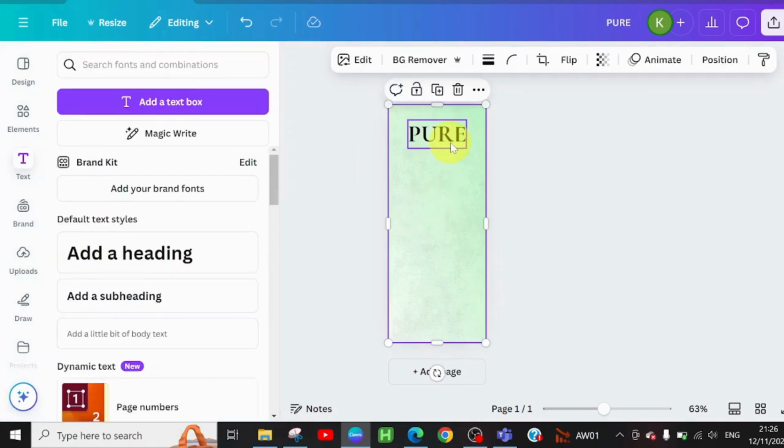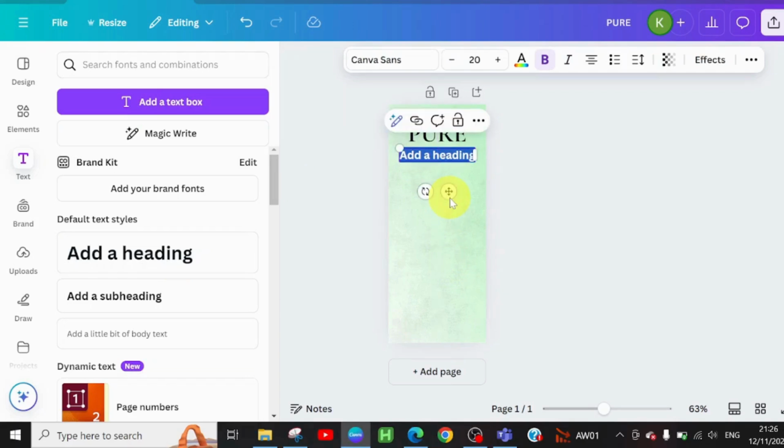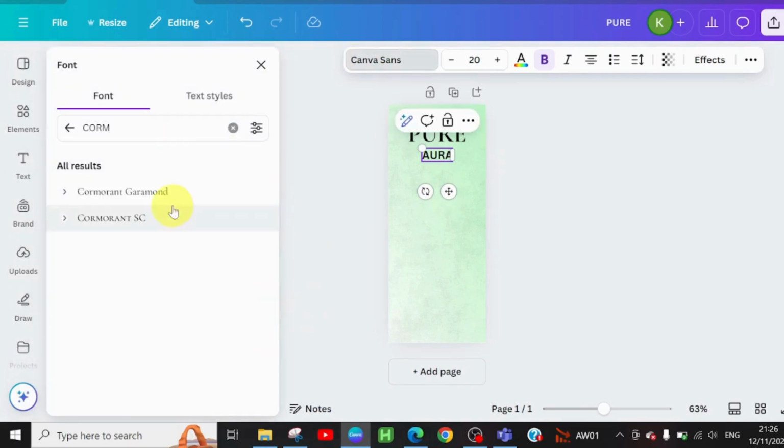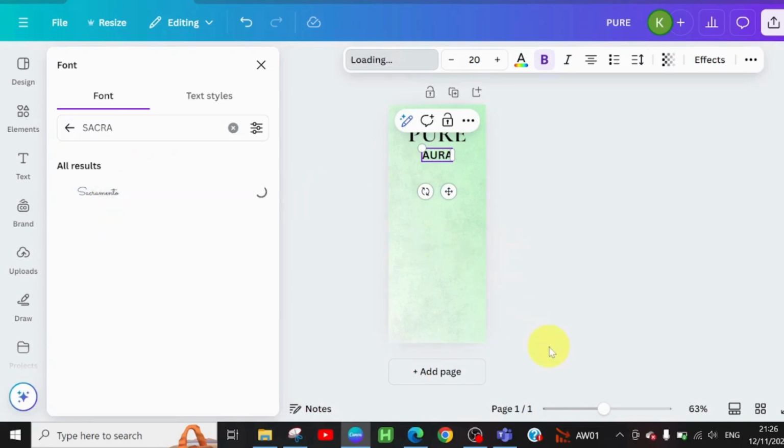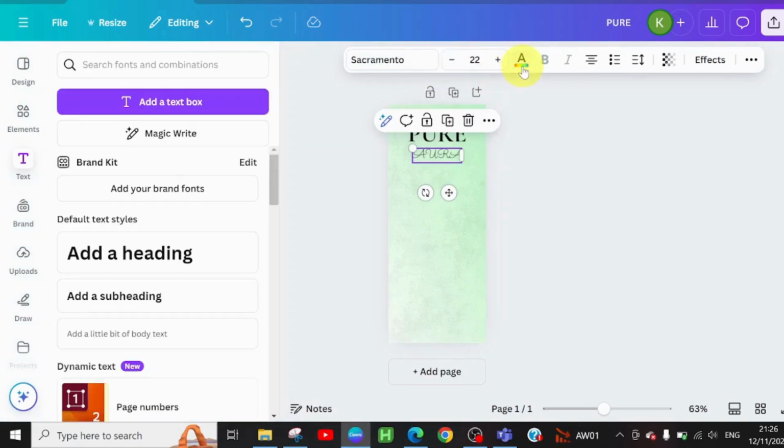The next thing we're going to do is add another text. And this other heading will be for our aura. Then we are going to look for a sophisticated font for this aura. And this font will be Sacramento. Okay, so here we have Sacramento. Then increase the font size, just change the color,